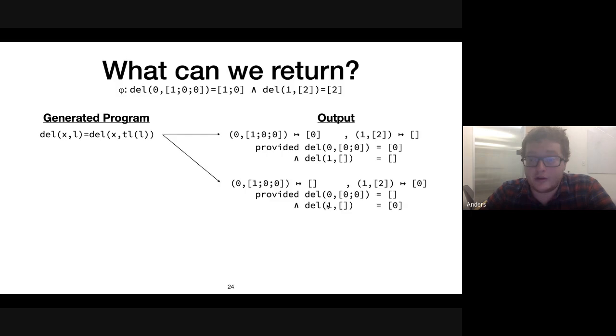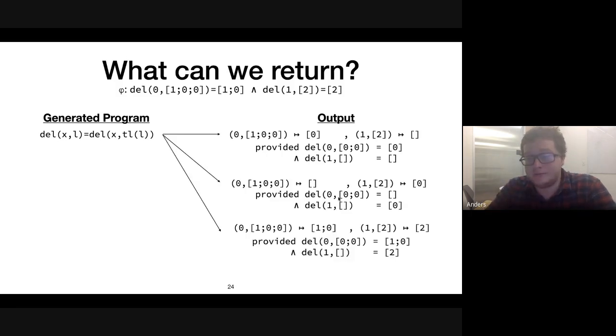So we could swap the returns. We could even say, you know what, I don't care about the returns. I can actually solve the entire task right now. I can just say that the recursive call returns what we want and then be done with it. This obviously doesn't actually satisfy the specification, but it does angelically satisfy the spec. And so which of these is the right one?